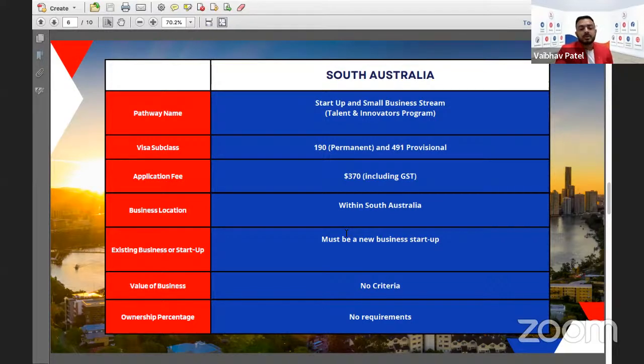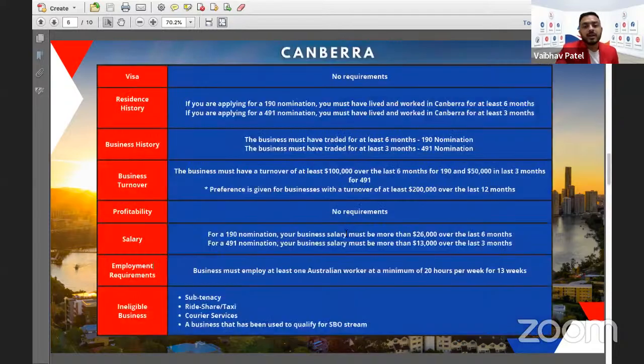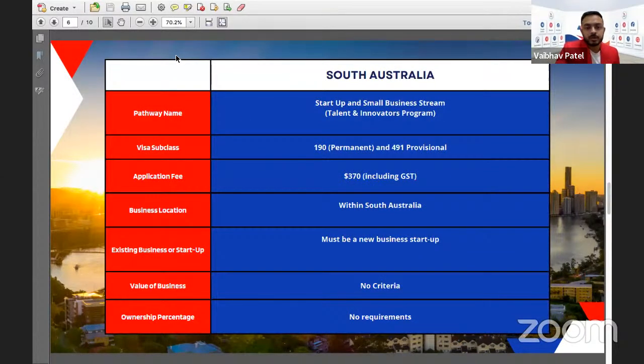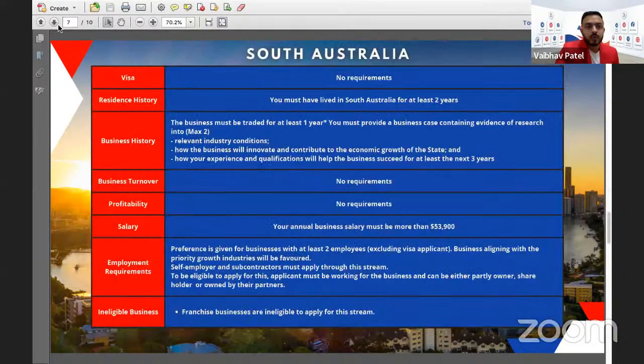Ownership percentages: there is no mention of ownership percentages. So I would assume that you have to own 100% of your business. I would recommend you to be a 100% owner in this category. Now, residency requirement: you must have lived in South Australia for at least 2 years to qualify for a business stream. The business must be traded for at least 1 year, and you must provide a business case